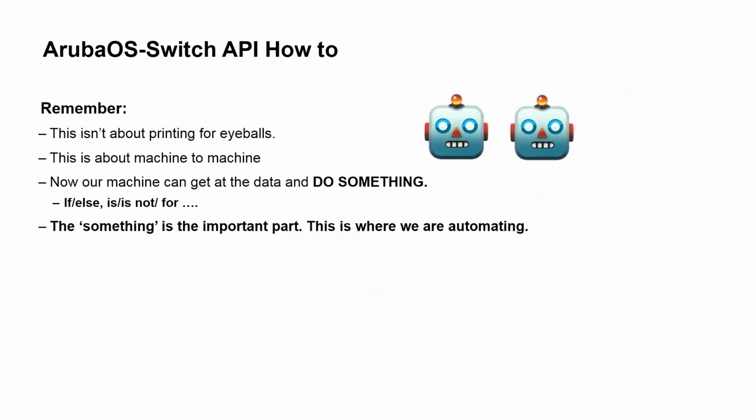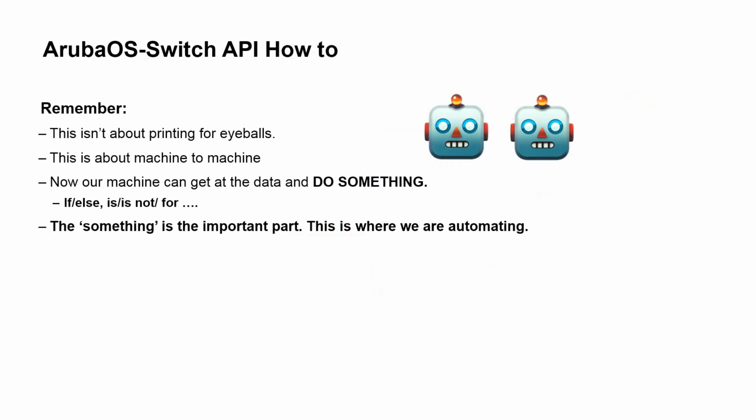So printing out the information for our eyeballs, that's not what this is all about. That's just when we're in a demonstration and we want to show the audience, or I'm doing a video and I want to show you something that you can actually consume yourself. We have to print it out. But this isn't about printing out the information for your eyeballs. This is about machine-to-machine communication. So this is where we can tell the machine, go and get the data for us like this, get it back, and the machine can consume it.